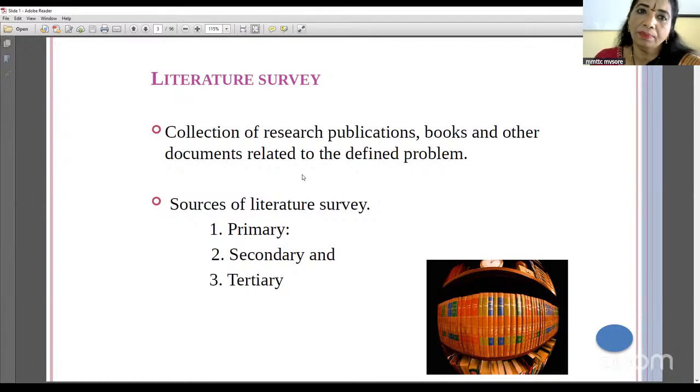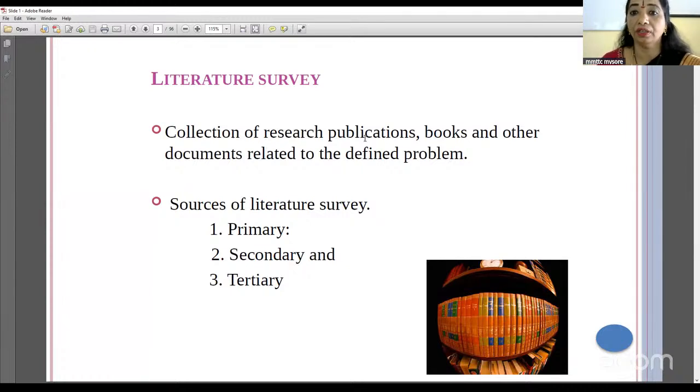For that, your guide will suggest you go and see the literature, what work has been carried out in that particular field of interest. Then you have to carry out a thorough literature survey before you choose your topic of interest or the title